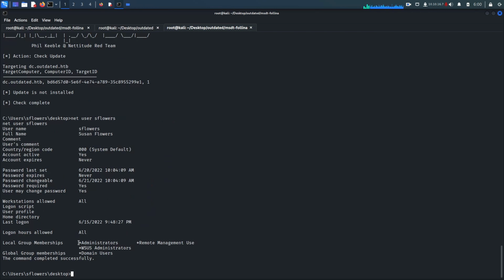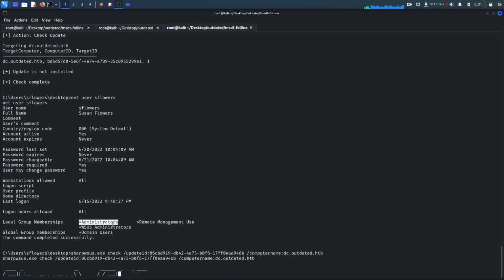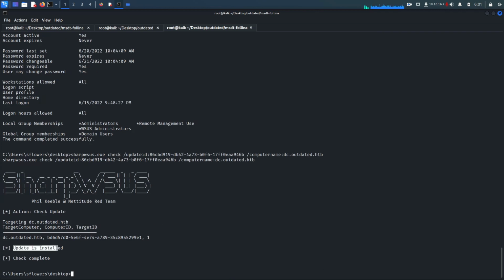And I think the update is installed, and as you can see, now we are a member of the administrators group. So if I try to check whether the update is installed or not, as you can see here, the update is installed and we are a member of the administrators group. So if we go up,